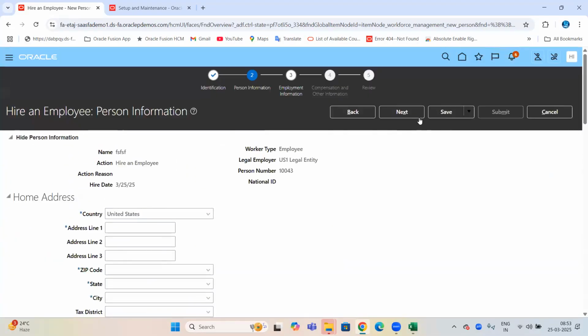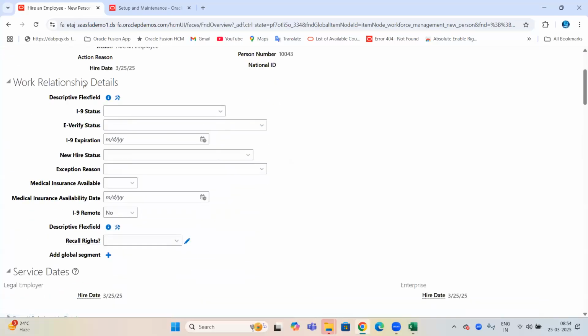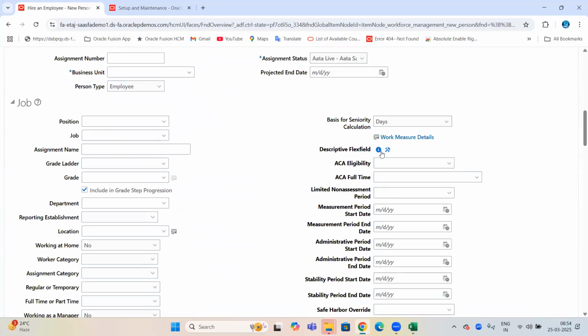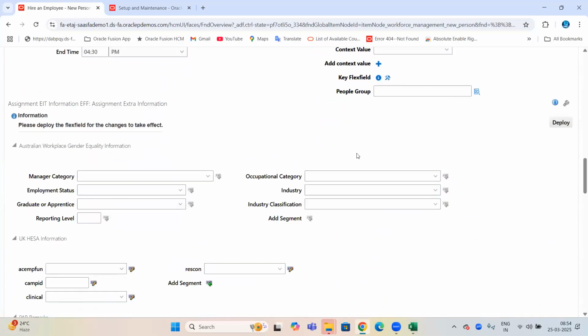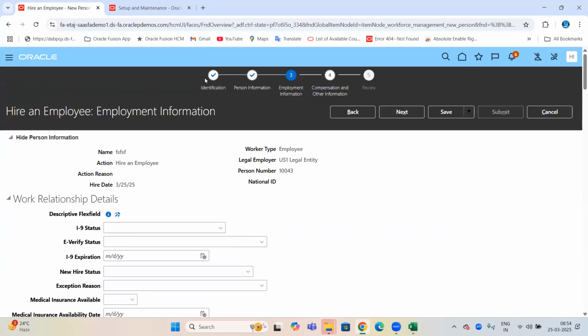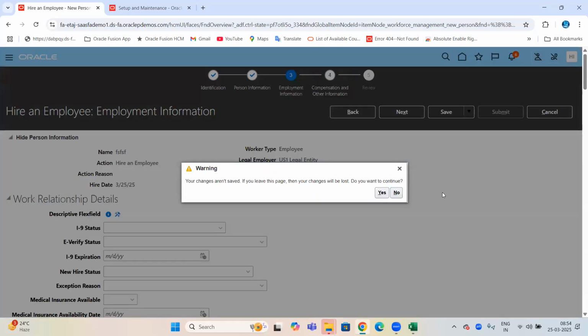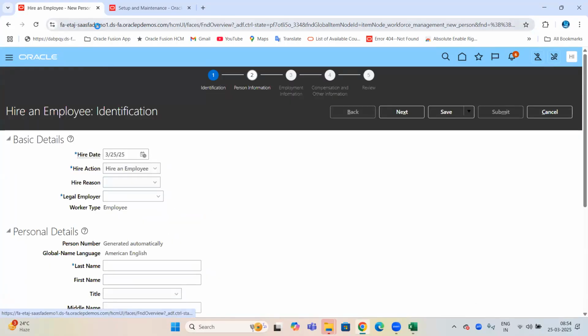If I go to the next tab, employment info, we can see here also. I have the DFF sections under this work relationship. Then at the assignment level, we have the DFF sections available. Whatever sections are available on the screens, they will all get highlighted accordingly. Whenever you highlight the flex field, it's not only about hire an employee. You go to any screen in the